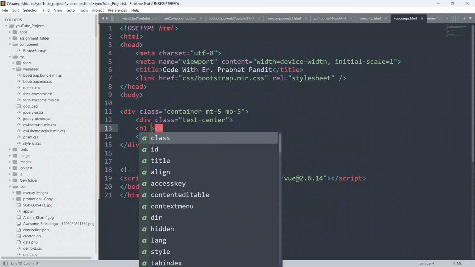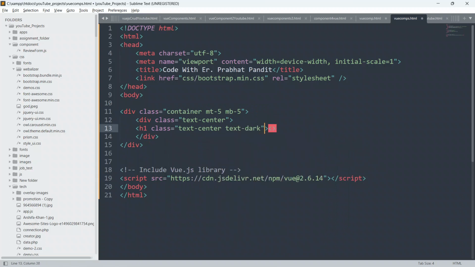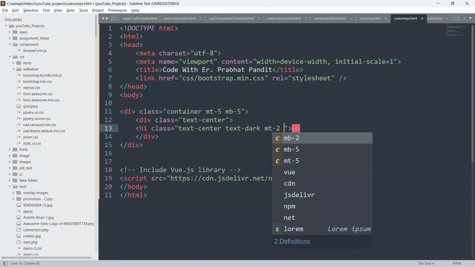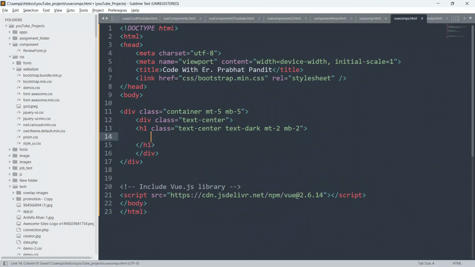Give class text-center and text-dark, and give margin top 2 and margin bottom 2, and close this h1 first. And inside this h1 I'm gonna put some text like Vue.js custom component classes.